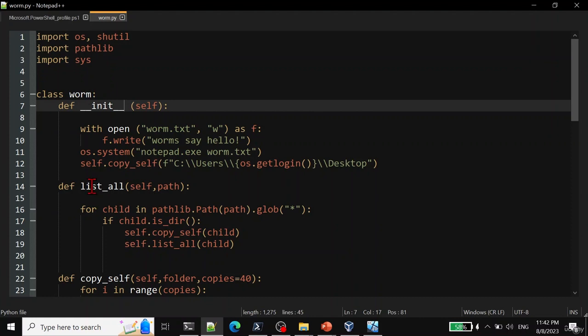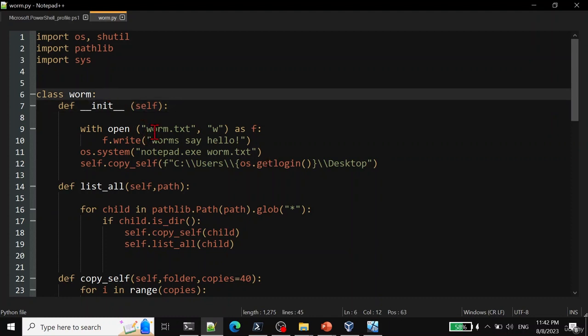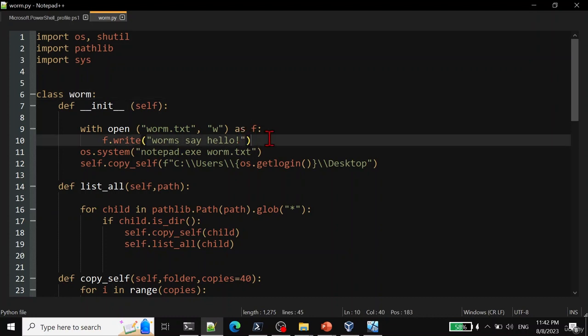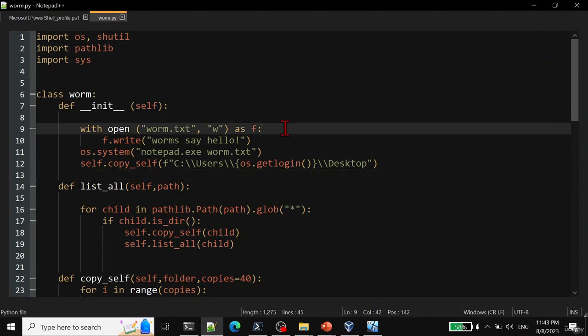So if you're going to call this method, which will list all, this will execute as well. If you call this method only, this will execute as well. This is like in C++, where they call it a constructor, which is a function that runs by default every time you use this class. Okay, so we will use this to say hello because it will run one time when this class gets called. So we just going to open a file, we're going to name it worm.txt